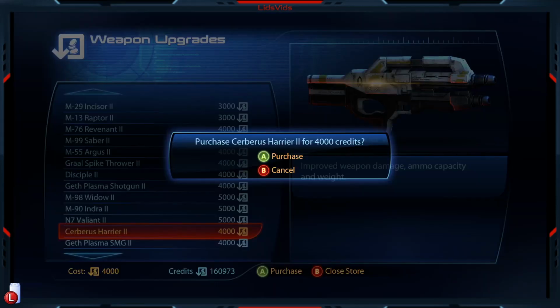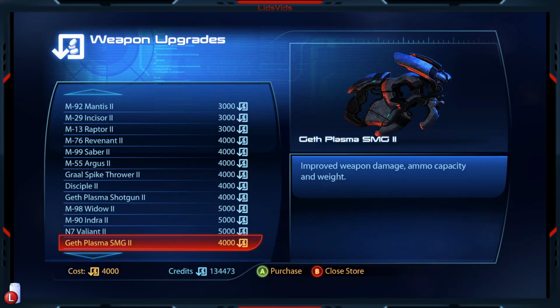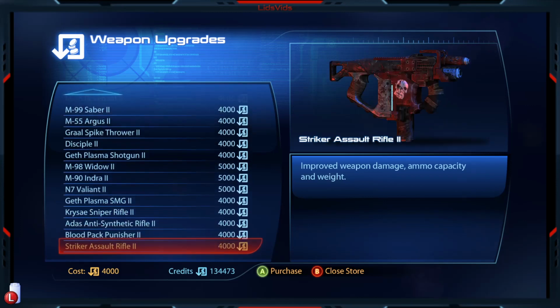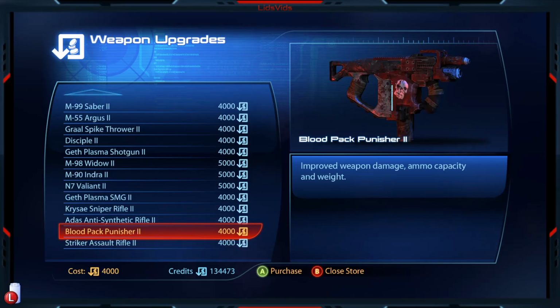Oh, Harrier. Yeah, we should still do Harrier. I mean, as we were saying before, similar use case to the Typhoon. So because we fully upgraded the Typhoon, you could make the case that you don't really need to fully upgrade the Harrier, but it is still a strong weapon, so we'll go for it. And...